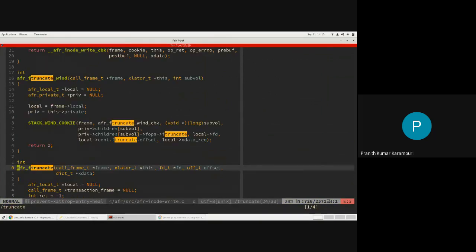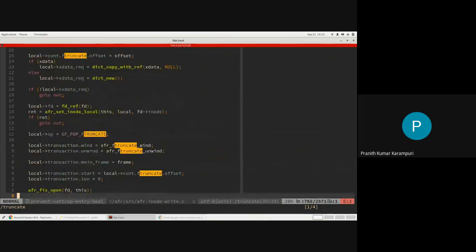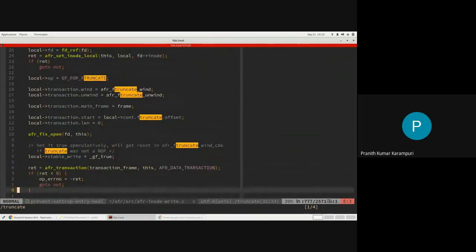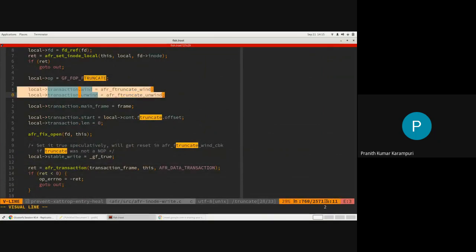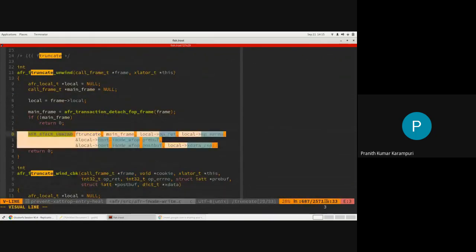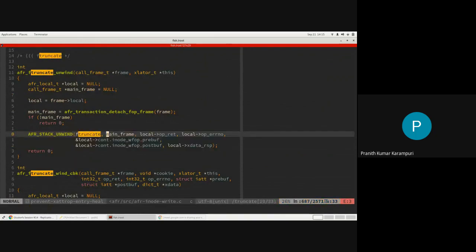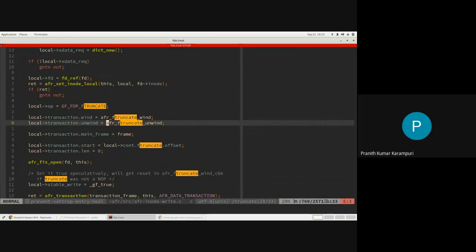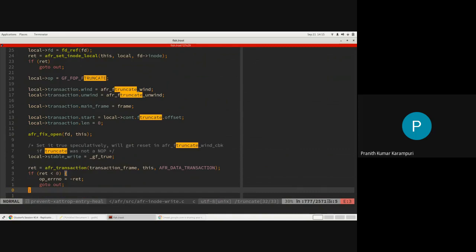So first it will enter this, it will fill up all your transaction information, call the transaction, and at some point it will call wind and unwind. Unwind, you can see, is going to just do the unwind to the parent translator. Okay. So yeah, the transaction framework will call into the FOP layer again, the inode write layer rather, which will do winding and it may do unwind at the end. So yeah, this is the information that gets populated at the start of the transaction.